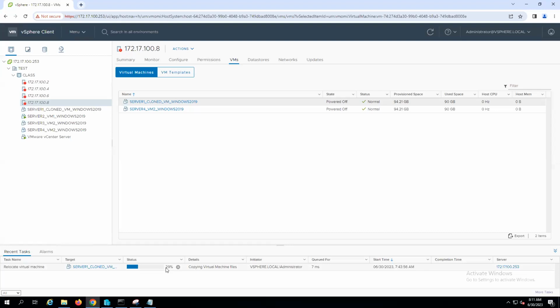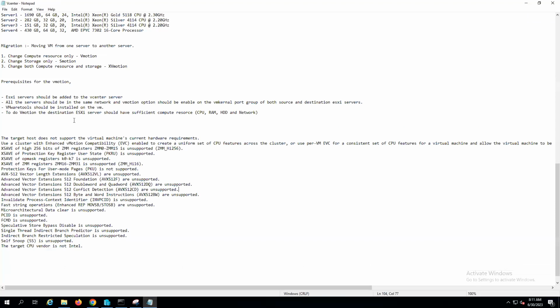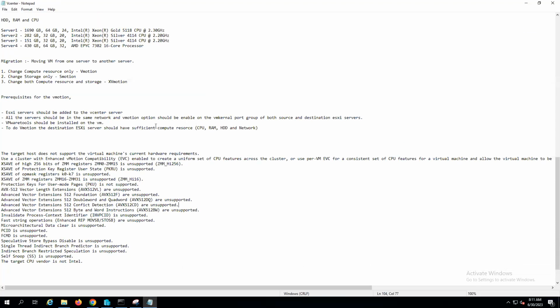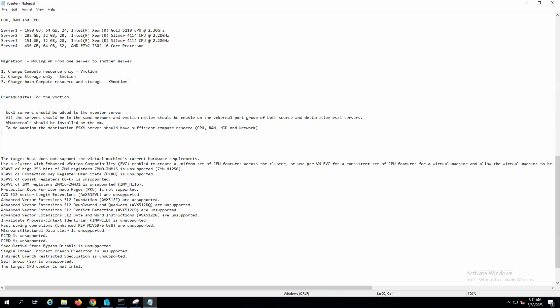So what is the question? Like if I ask you, what is the requirement for vMotion? Okay, if you see here, I have written something like: ESXi server should be added to the vCenter server. All the servers should be in the same network, and so on. VMware tools should be installed. But you can tell that,